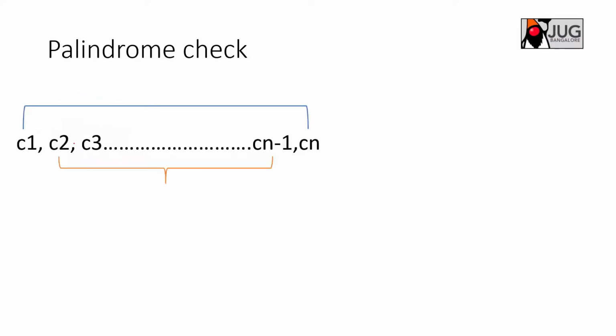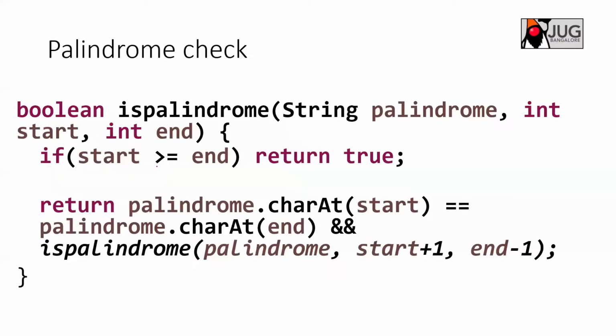But if you have a string like this, you can divide this problem into a smaller problem. This is our smaller problem. You can see whether you can solve this. What you can do is compare C1 and Cn and try to see whether you can solve the problem with this small subset until you hit your base condition, as I just explained. That way, you can have a simple method. You are calling isPalindrome, and you are checking the character at the start with the character at the end.